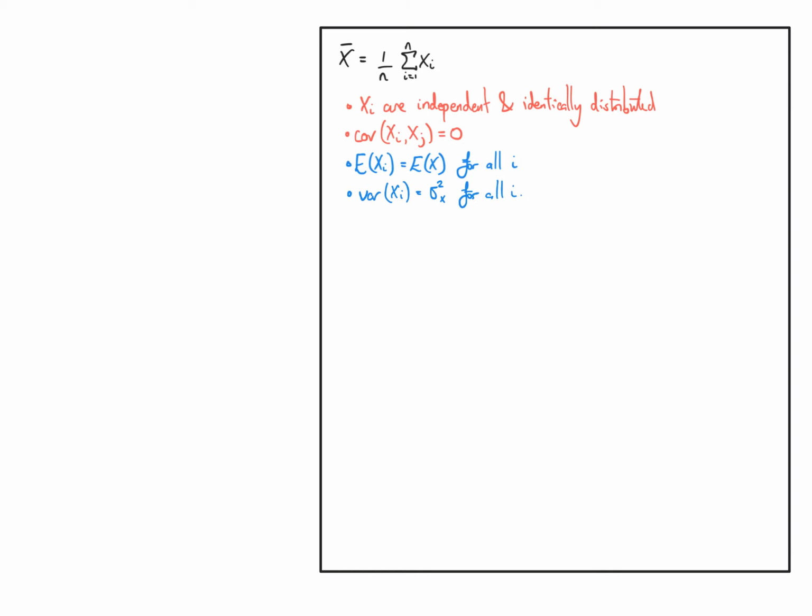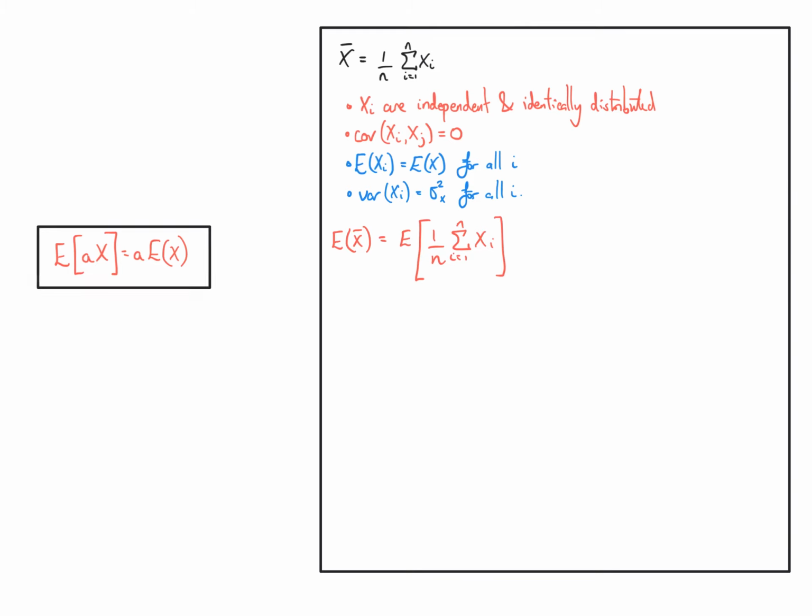Now, in order to find the expected value of x bar, we're going to take the expected value of x bar, which is just the same as the expectation of 1 over n times the sum from i equals 1 to n of xi. Now, we know a number of rules related to expectations. The first rule that we know is that the expectation of any constant times a random variable is equal to that constant times the expectation. So